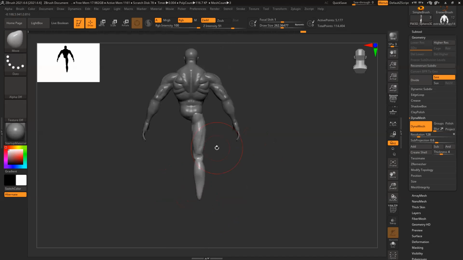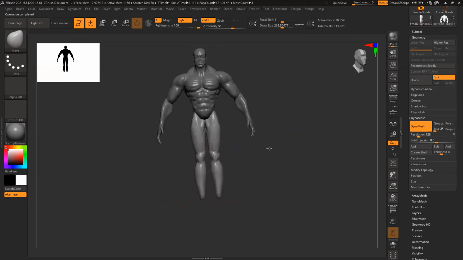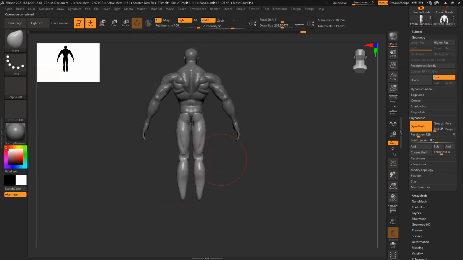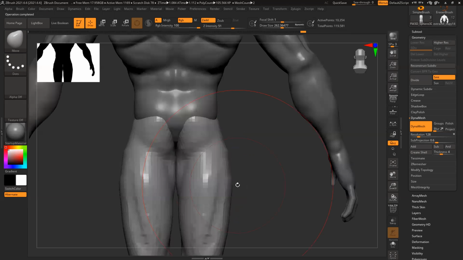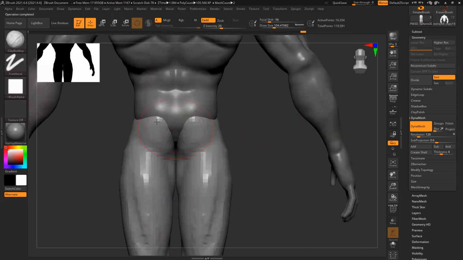Now basic blocking is fine. Mirror. So once I mirror, I can see clearly. So there are a few things I have to add and make prominent. Oh, sorry, my bad. X symmetry.